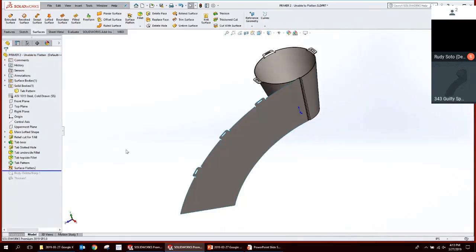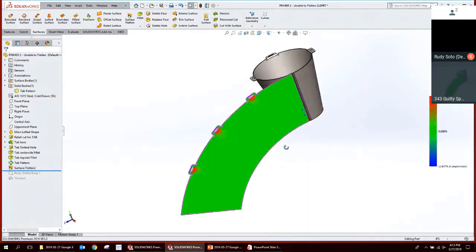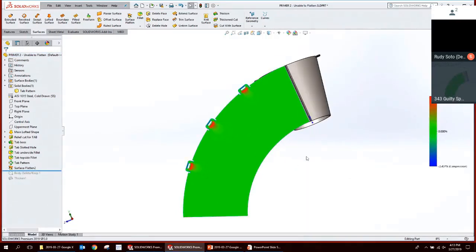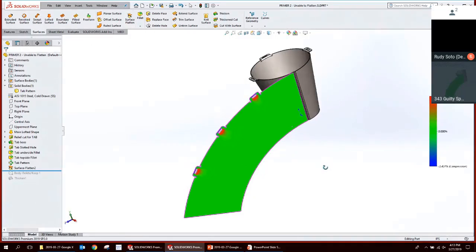So this is a great way to get around those kinds of sheet metal challenges where it's like, I know we can flatten it. You'd still have to maybe manually draw in the bend lines if you wanted them in there. It's not going to do that because it's not an actual sheet metal application. But it is a real good command to know about, and it's called surface flatten, right here on the surfacing toolbar.